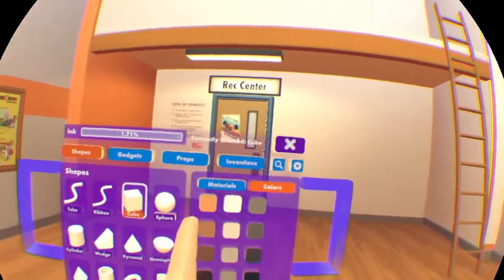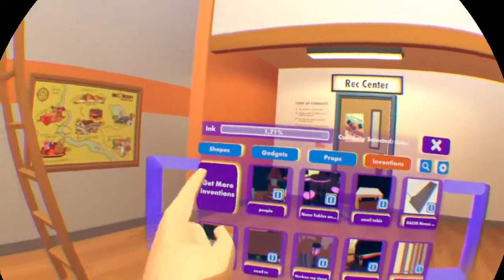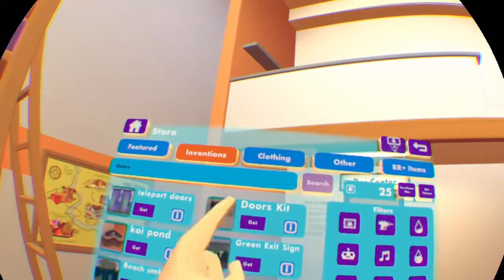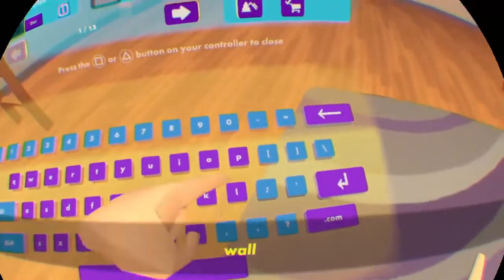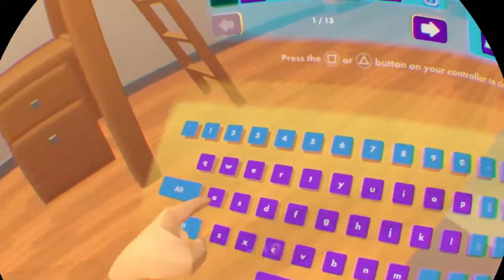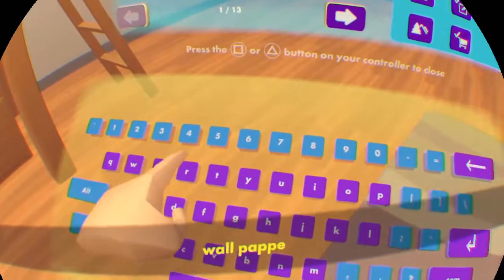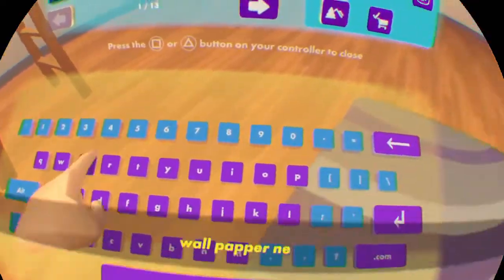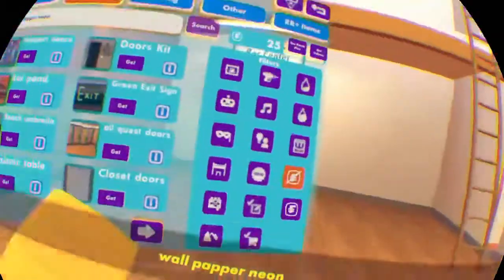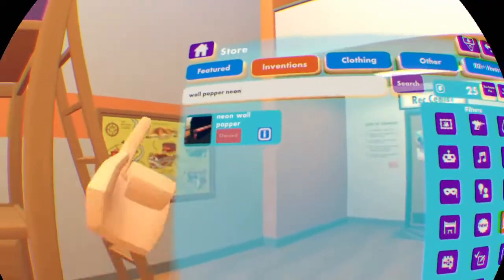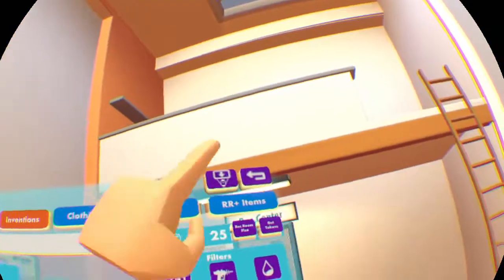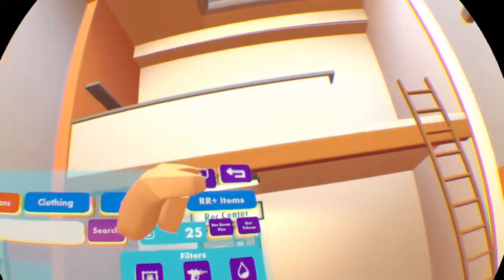and then you want to go into inventions, click on get more inventions, and then you want to click wall. You want to search wallpaper, neon. So since I want neon wallpaper, that's what I'm gonna do. And neon wallpaper, that's the one I have. So you're just gonna click on get,